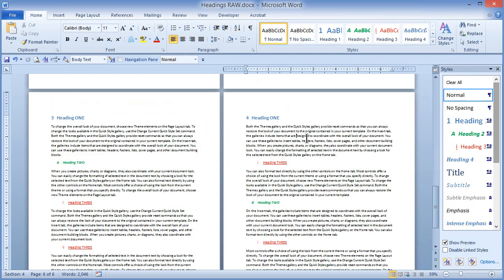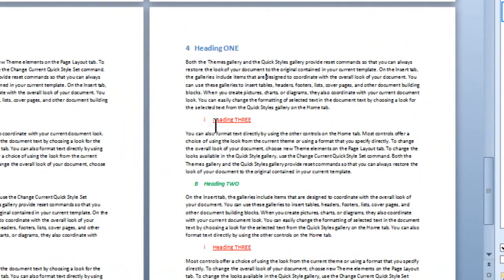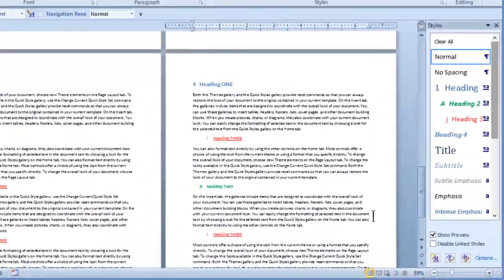Now I've also noticed out here on page 6 that I have a heading 1 followed by a heading 3, where my heading 3 should really follow the heading 2, and that's why my heading 2 is out of order. It starts with B, where it really should start with A under the heading 4. A simple way to reorganize this, that is, to go ahead and take my heading 2 and put it back up on top here, is to come out here to my outline tool, and I'm going to come out here